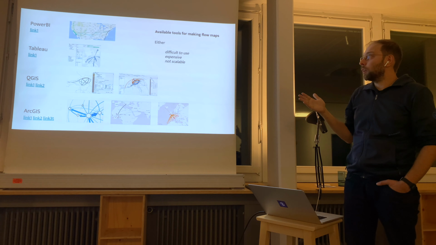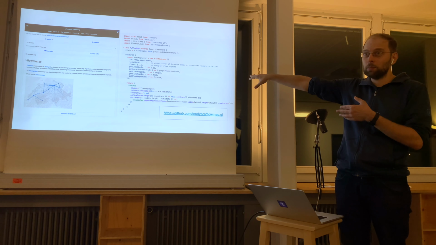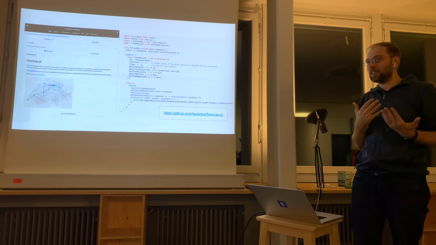So for me, part of the motivation of my work is that we can also share what we build with the whole world, and that's why we open source what we are allowed to. So we open source the library to draw flow maps. Anyone can use it, but not that many people use it, because the overlap between the group of people who are interested in flow maps and who can do JavaScript is rather small.